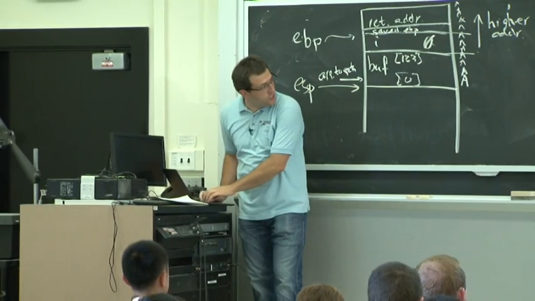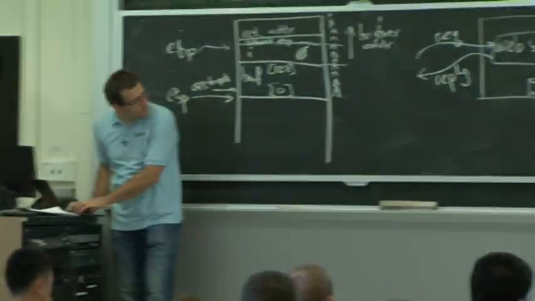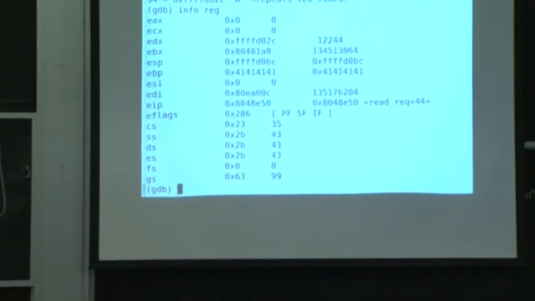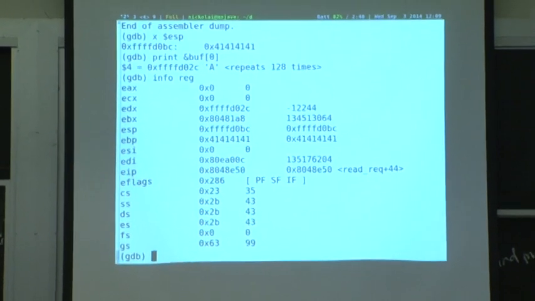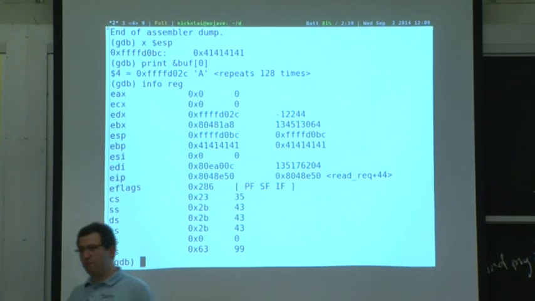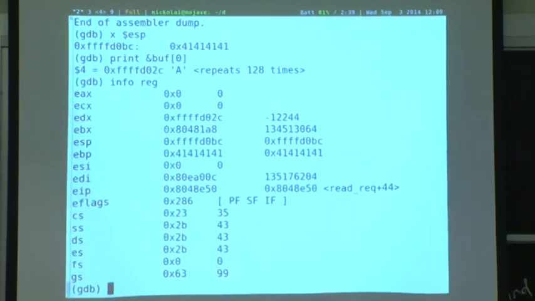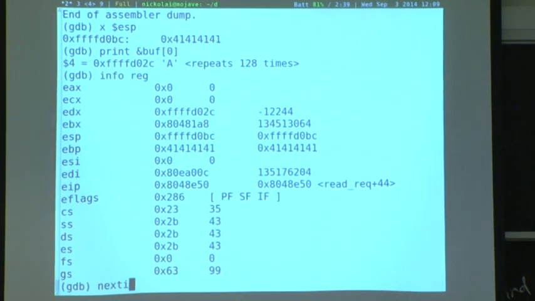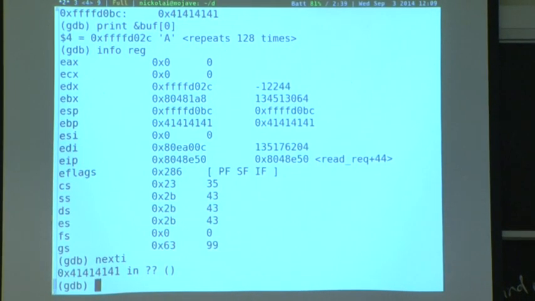OK, just to see what happens, we can jump 1 more time. Let's look at our registers. Right now, our EIP, the instruction pointer, is pointing at the last thing in redirect. If we step 1 more time, hopefully we'll jump to that unfortunate 4141 address. And in fact, yep, the program now seems to be executing there.